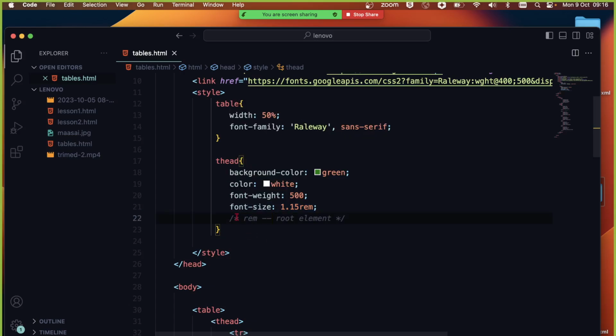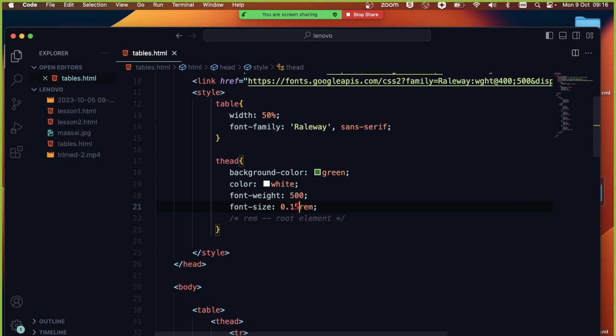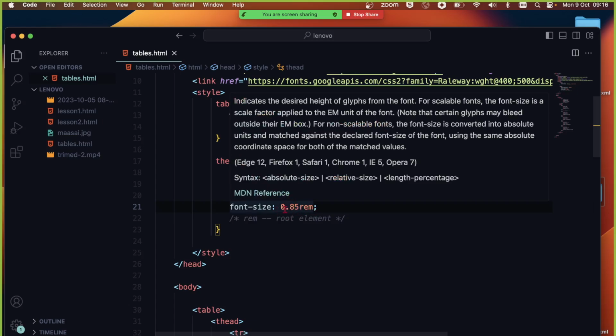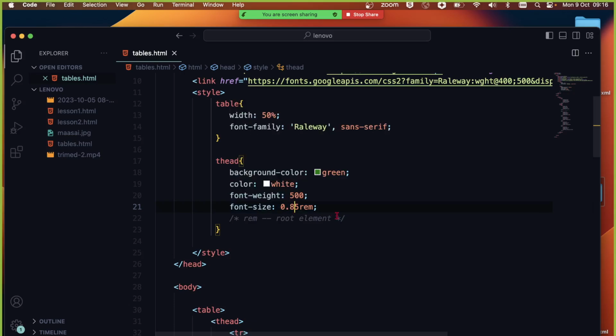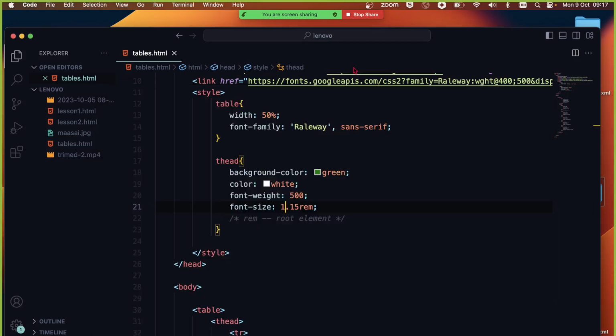This one is not going to fix for all the screen sizes. We might want to adjust either upwards or downwards. That's perfectly okay. So if you want it to be smaller, you can use something like 0.85. It's going to take 16 times 0.85, then it will put that number here. But for now, we just want it to be bigger. That's why you multiply by maybe 1.5, just to make it a bit bigger, or you can do 1.2. It will work correctly. Okay, then the next thing that we need to do